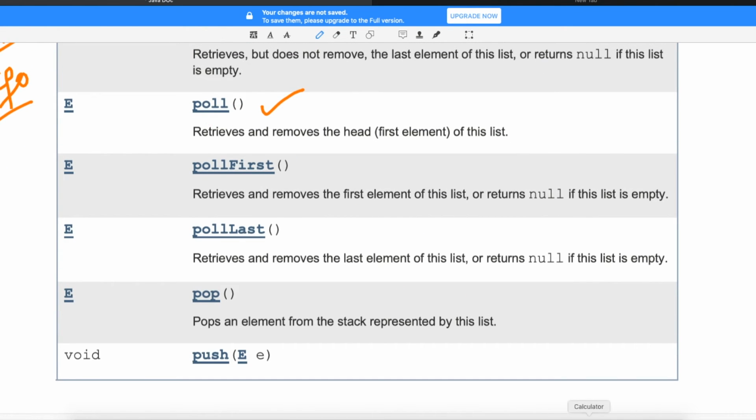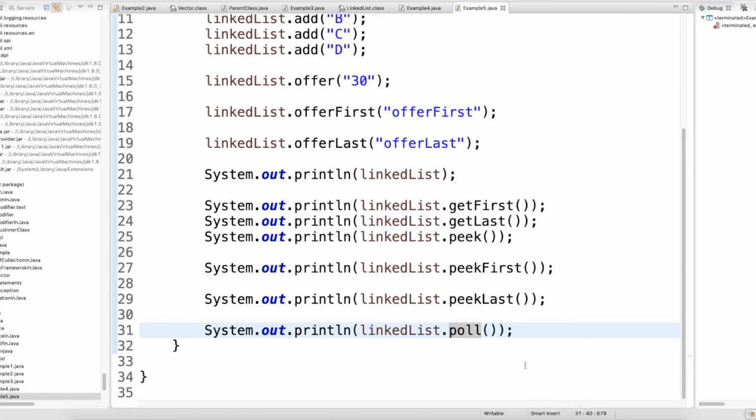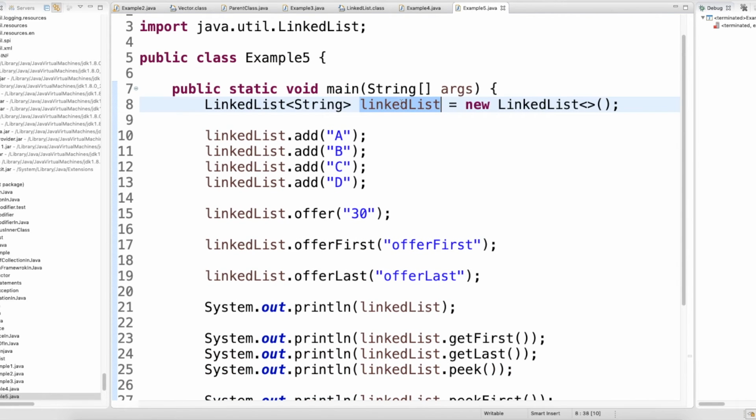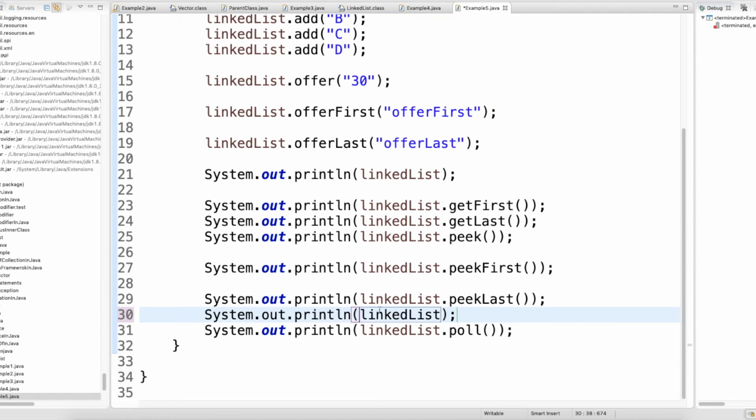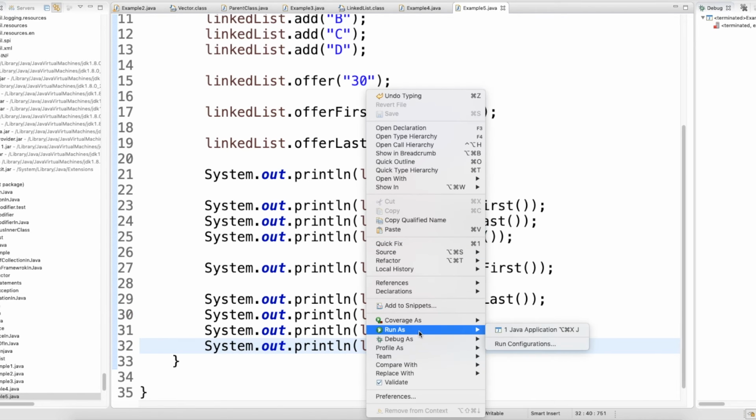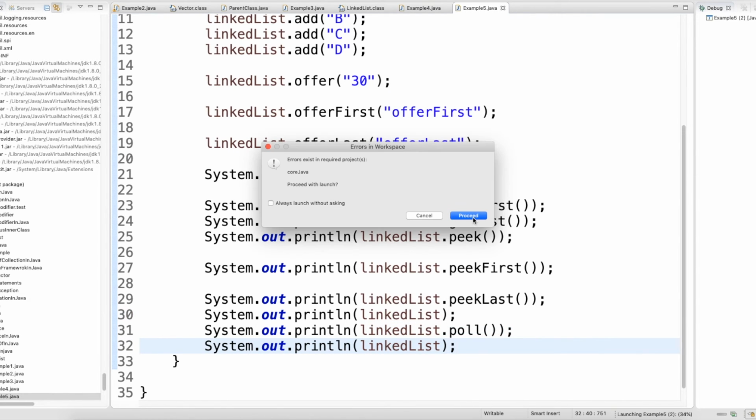Now the poll method will remove. If you want to see how removal happens, that is why I'm saying that this poll will remove. To show you, before that I'll print the linked list, and after that I will print the linked list again.